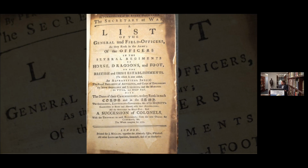So here is the cover of our 1773 Army list that's featured in Revolutionary Beginnings. And upon first glance, you can see that it contains probably the world's longest title. And that is the title of A List of the General and Field Officers in the Several Regiments of Horse, Dragoons, Foot, and on the British and Irish establishments, to which is now added an alphabetical index: the Royal Regiment of Artillery and the Corps of Engineers, the Irish Artillery and Engineers, and the Marines on full and half pay,